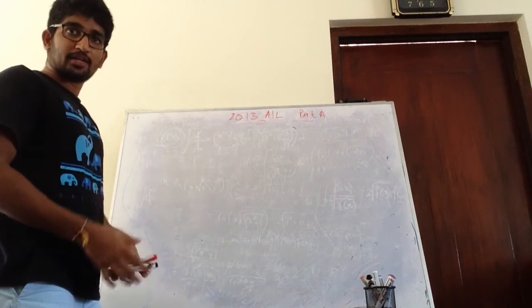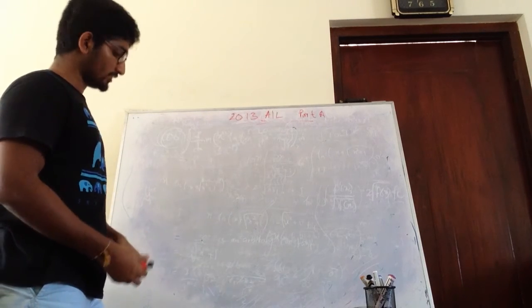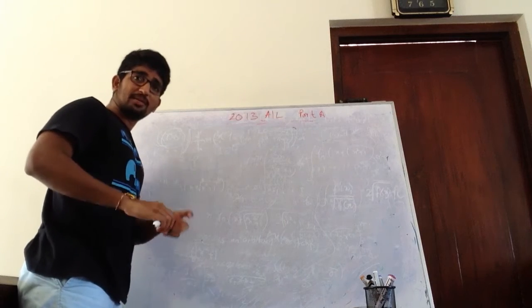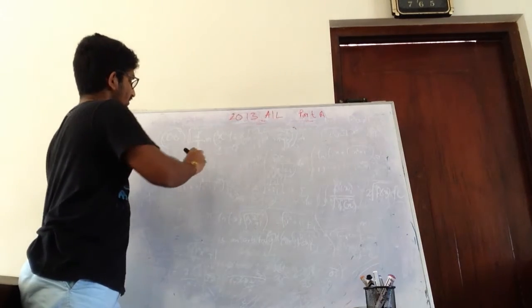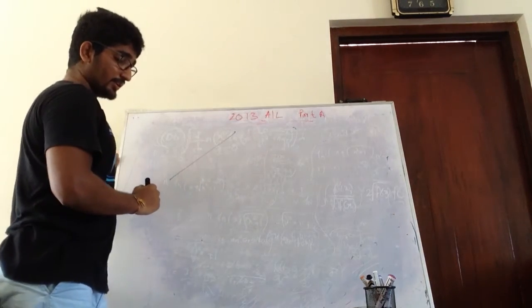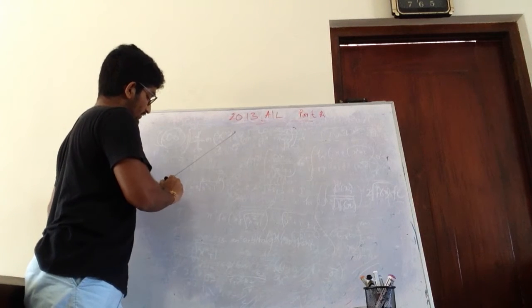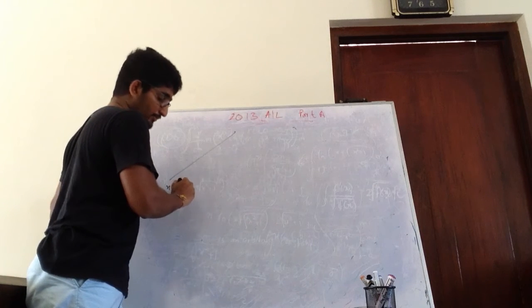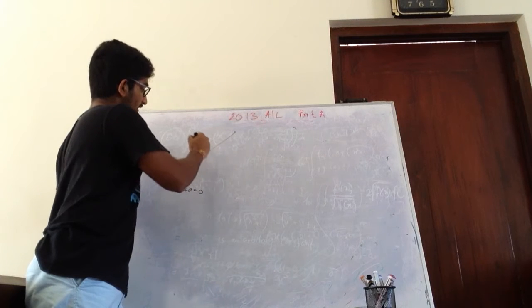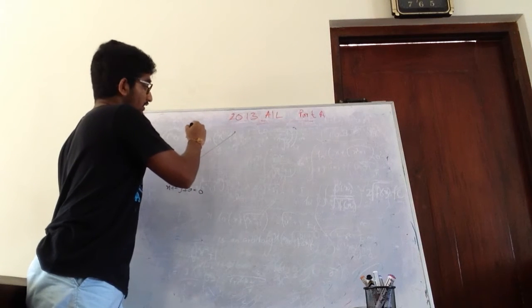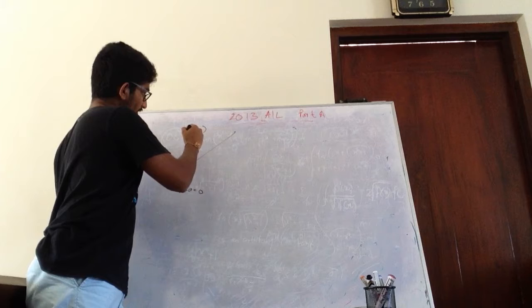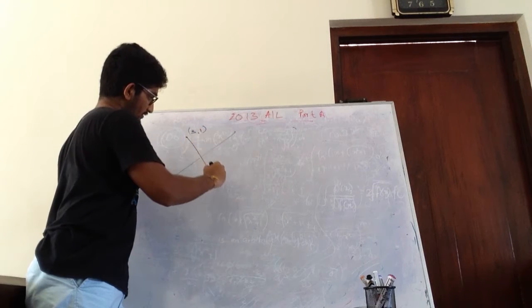So we need to find a and b. So let's see, what is this thing called image? There is a straight line which is x plus 2y plus a equals 0. Then there is a point called 3, 1. And the image